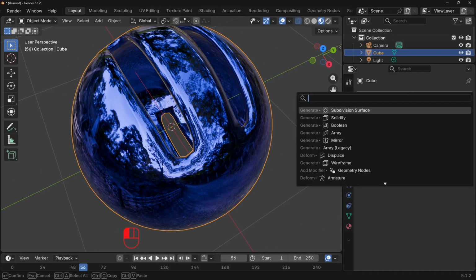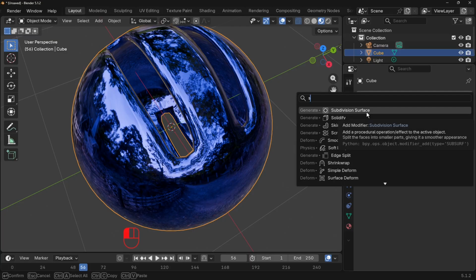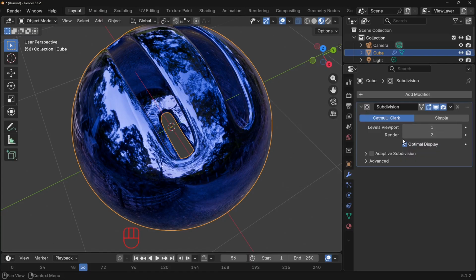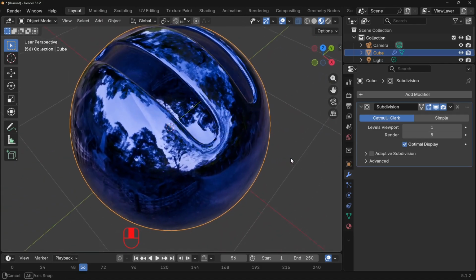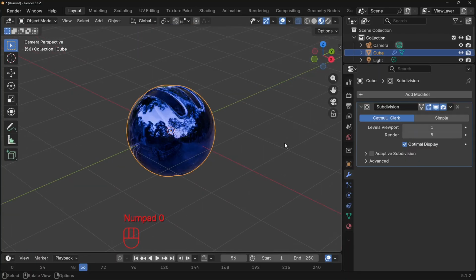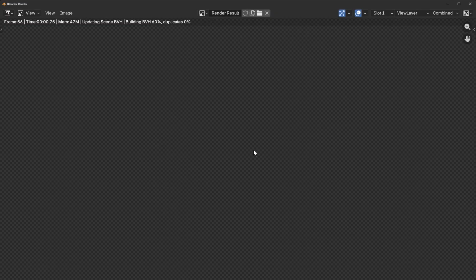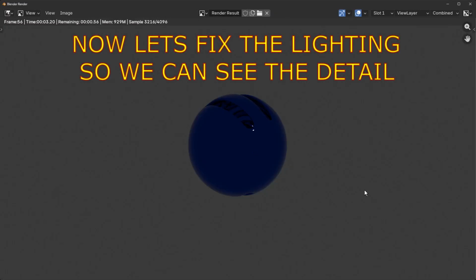a subdivision modifier, and this is where you can actually ramp it right up, but on the render itself. So if we ramp it up to say 5, which doesn't actually affect the actual complexity of your mesh, but if we look through our camera now and press the 12 key, in fact it won't work because we haven't actually got, if we press that, as you can see, it's a very dark ball, and that's because we haven't